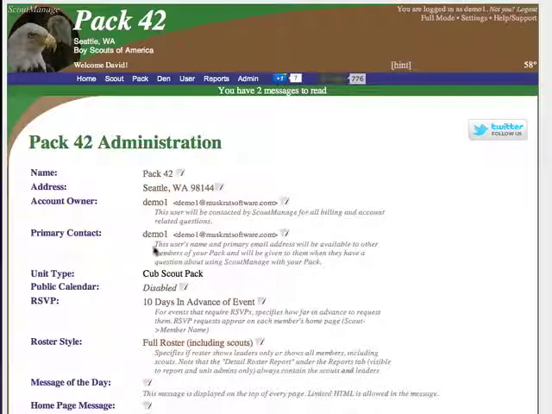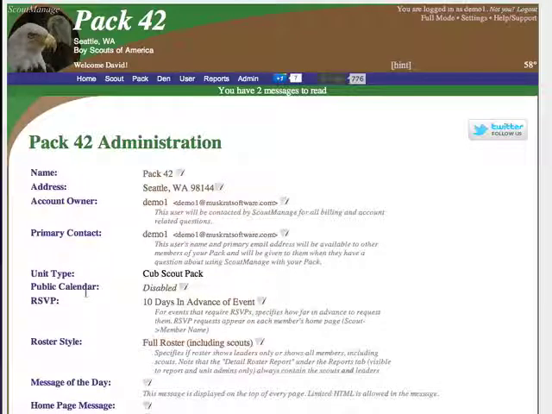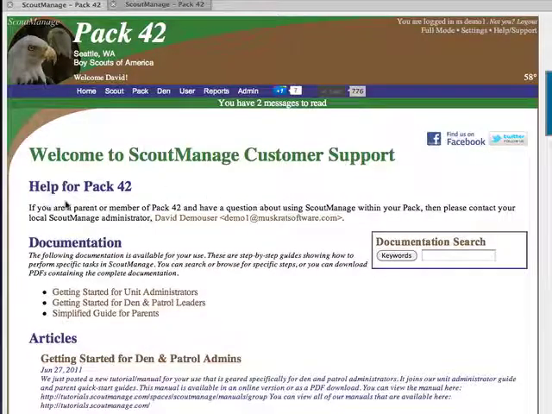Primary contact is the name and email address that people in your unit should contact for questions about how your unit is using Scout Manage. It should be your primary administrator. Again, you can select any of the users available. This user's name and email address will be visible to all members of your unit. For instance, if one of your members clicks the Help Support button on any page in Scout Manage, they'll come to a page suggesting that for help in your pack or patrol, they contact